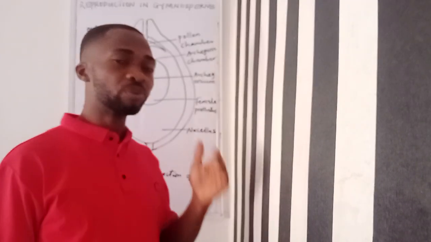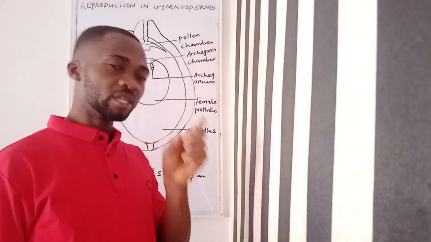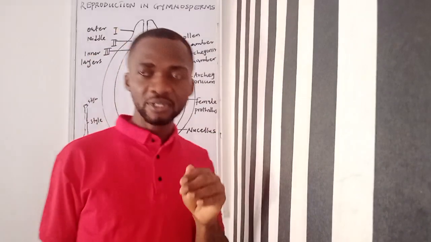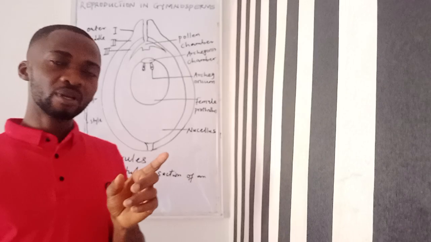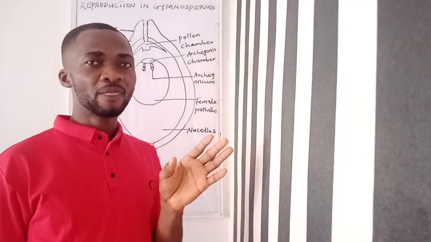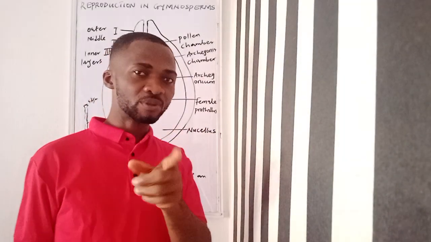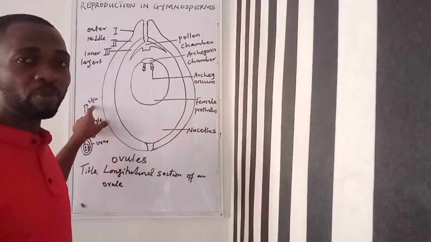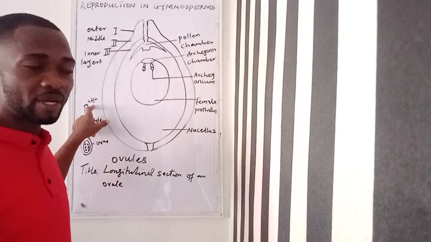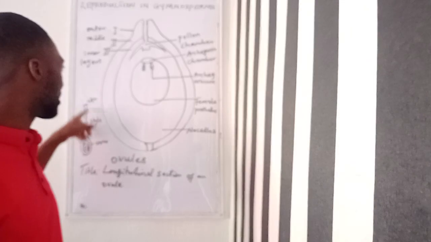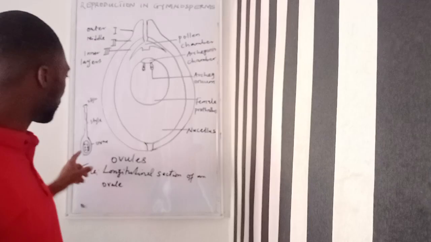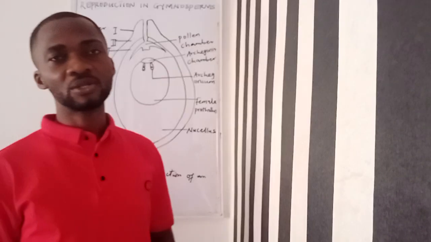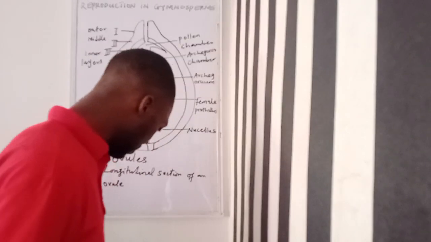This is applicable to both gymnosperm and angiosperm. They both have ovules, but the difference is that the ovules of gymnosperm are exposed, but the ovules of angiosperms are not exposed. Why are they not exposed? Because you have all these other components of the female part of the flower that houses the ovule. So you can see the stigma, the style, and the ovary. So the ovule is hidden inside. I'm saying this repeatedly so that you understand this fact. It's very important.